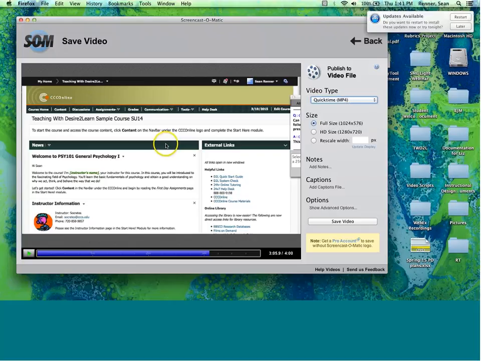As far as size, this is another area we could spend a whole lot of time talking, but I would always say just save it as full size, because what these other options are going to do, HD size or rescaling, is it's going to either blow up or shrink your recorded video. But we don't need to do that, because first of all, we never want to blow up our video larger than we recorded it, because it's not going to change the number of pixels in there. It's just going to blow up those pixels. So what it'll do if we do this is actually degrade the quality of our video.